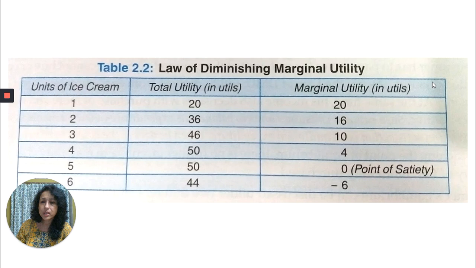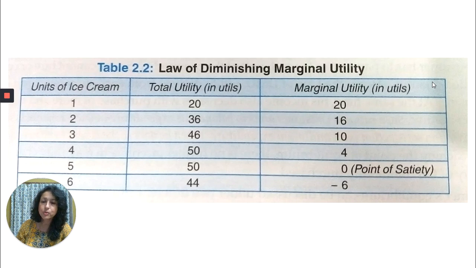Okay? So a schedule আমি কি কৰিছোঁ? We have 3 columns: units of ice cream, total utility, marginal utility. And by now, I think you're quite familiar with the concept of total utility and marginal utility. Total utility আমি দেখিছোঁ যে বাঢ়ি গৈ আছে, at the maximum paise when unit of consumption is 5,